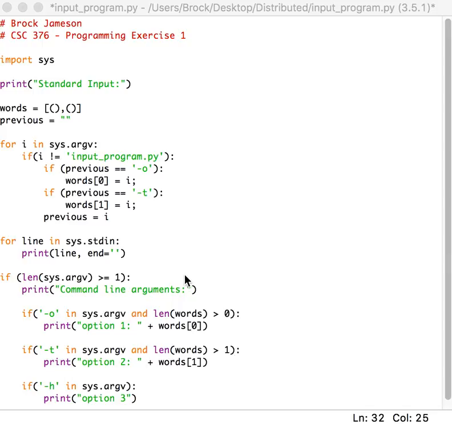Down in where it checks the length of sys.argv, this will really just make sure to skip the input program, just like up here, because this will be the first one. And then we will print the command line arguments,